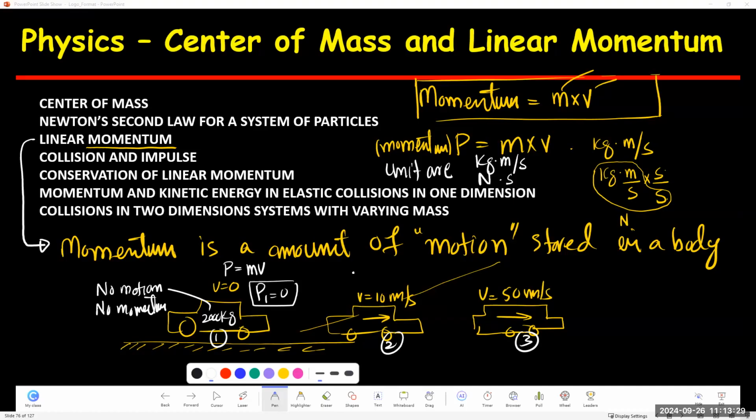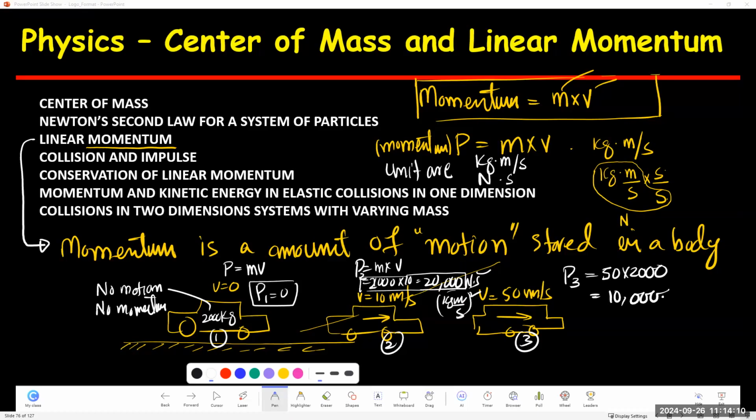Now if I want to calculate the momentum, I'm going to call them point 1, point 2, point 3. At point 2, I'm going to be calculating momentum. Momentum equals mass times velocity. The mass is 2000 times the velocity here, which is 10. The answer would be 20,000 Newton second or kilogram meter per second. That's what we learned. I can use this unit or I can use that unit. But the number here is 20,000, right? Now let's calculate the momentum at point 3. So P3 equals 50 times 2000. The answer would be,